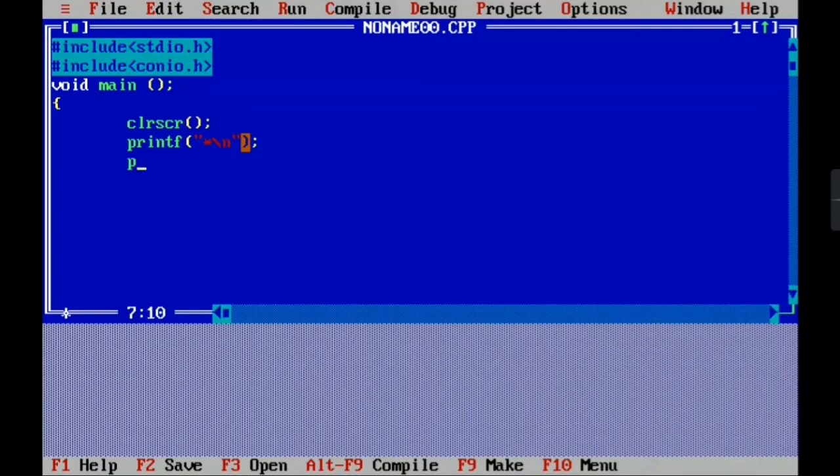Let's again write printf, small bracket, double quotes, star. Now we will put the tab. Again we'll put the star, and then a hashtag, and we will continue this again and again.